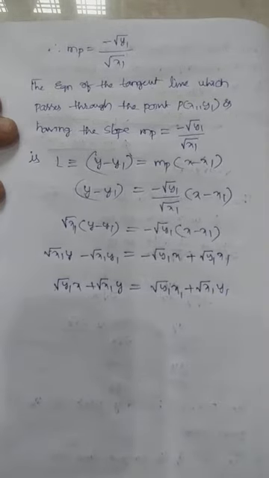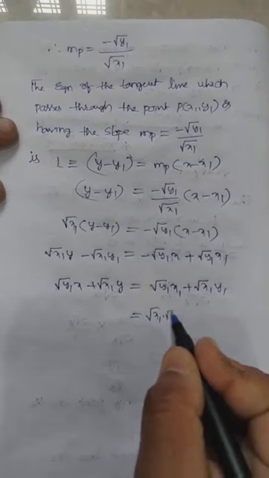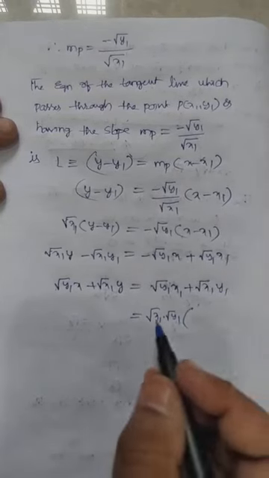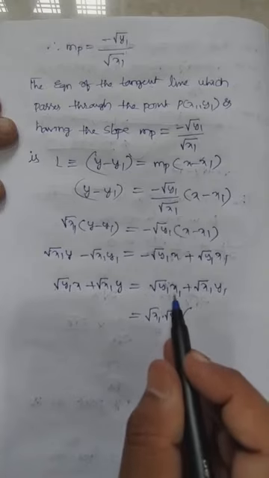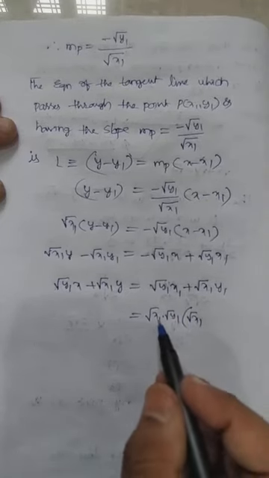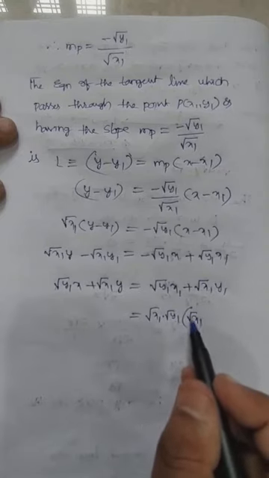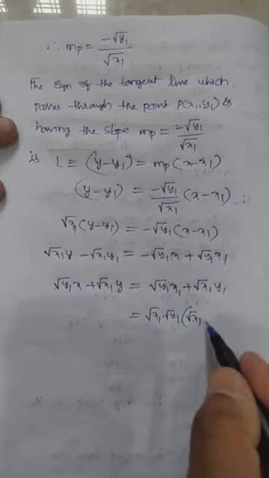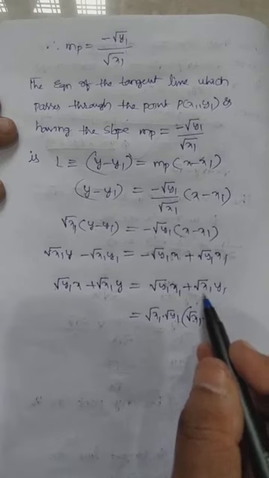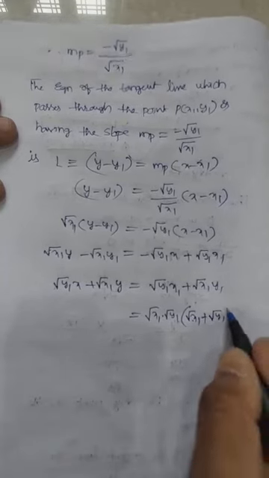Okay, are you following? So now on the right side I am taking common root x1 into root y1. Here root y1 is there, root x1 is taken common from x1, so root x1 remains. If you multiply again, root x1 into root x1 is x1, the root square and root get cancelled, remains x1 into root y1. In the same manner, from y1 root x1 is taken common, here you would get root y1. Can you follow?